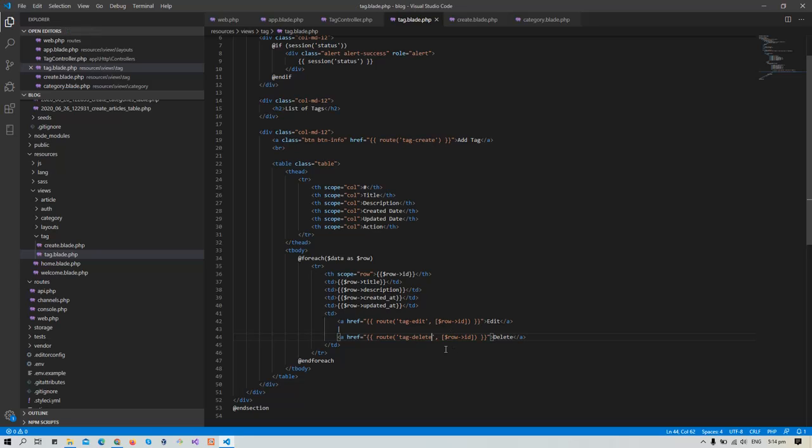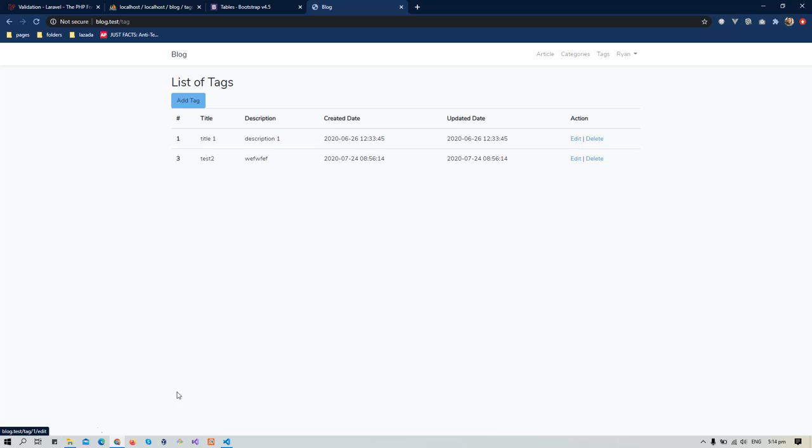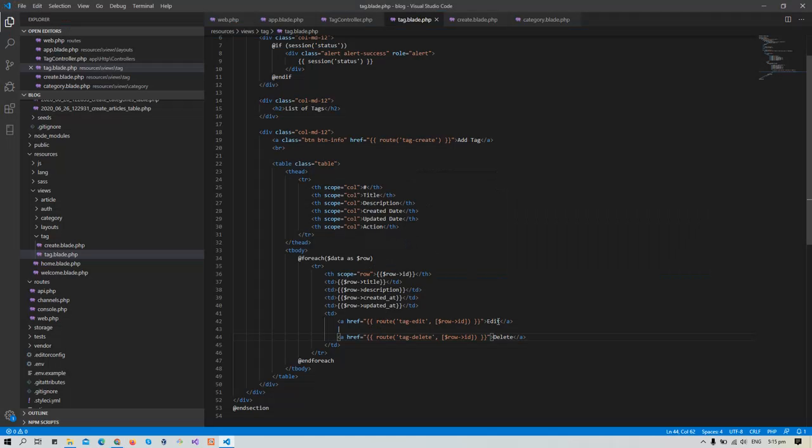So we should expect the same link as this one. As you see here, there is a black link here. If you navigate into the link, you see tag one delete, tag one delete, and the one is edit. So if we refresh that, we should expect the same. So let's see. As you see guys, it's almost the same, even though we just called a route,